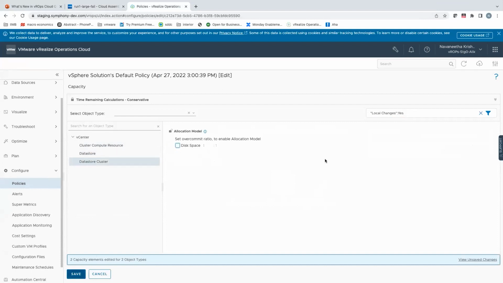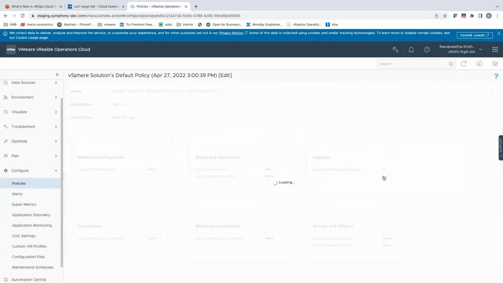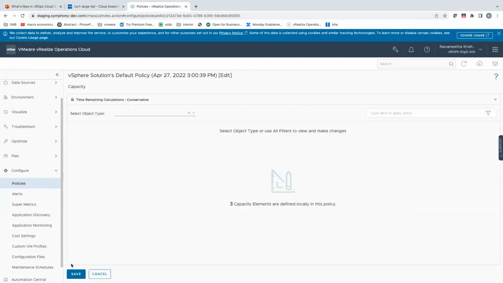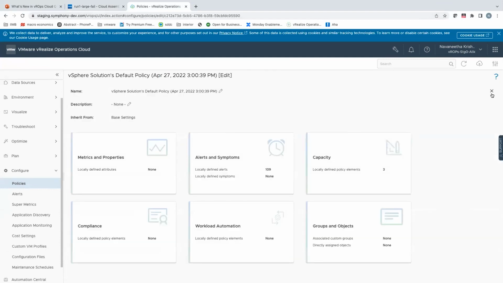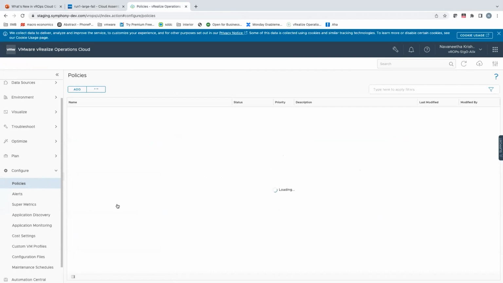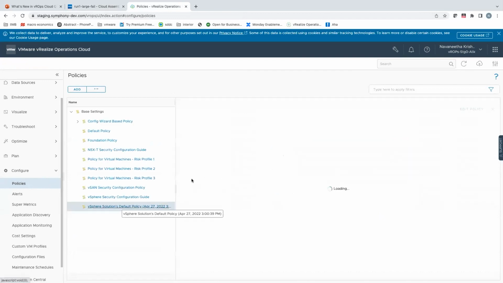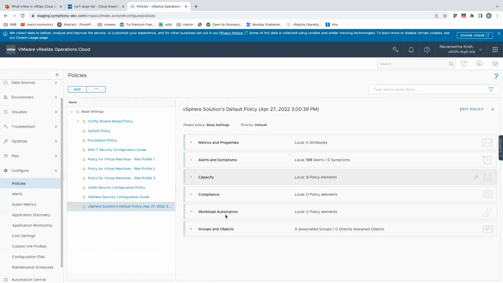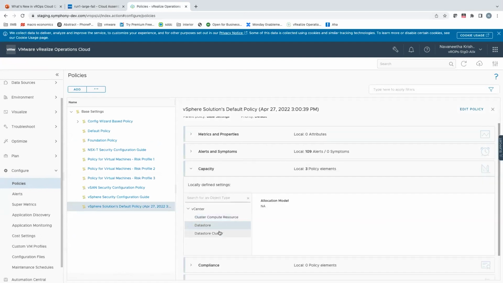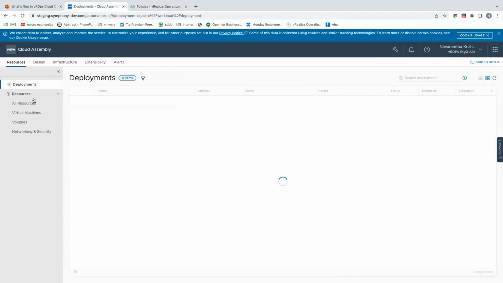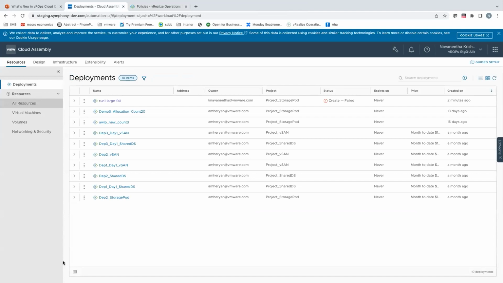Right, and before we make the exact same deployment, I just want to reconfirm to make sure that the changes are reflecting. So it's all NA right here, which basically means the advanced workload placement feature is now back to depending upon only the demand model. So I'm going to go back to VRA and make the exact same deployment,